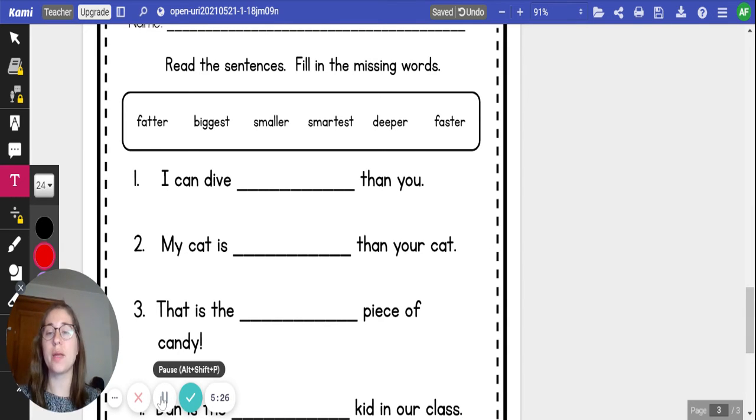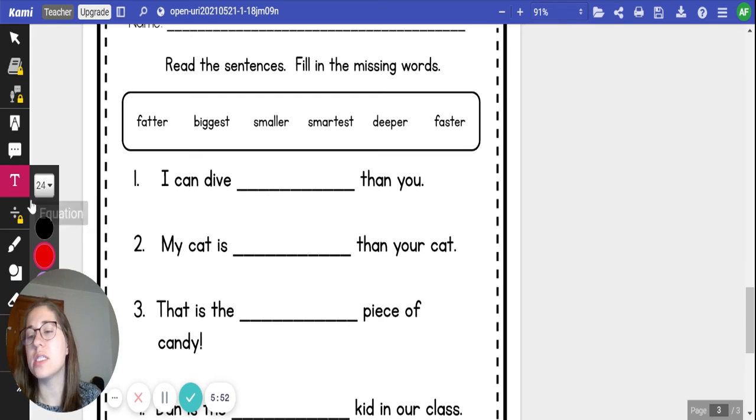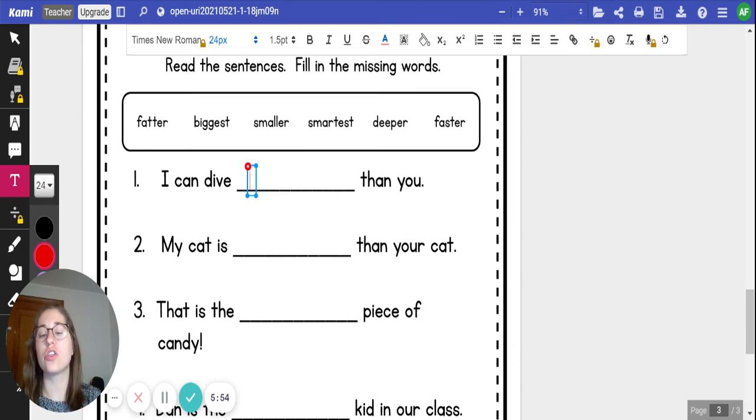All right, go ahead and number your paper from 1 to 6. We're going to fill in some blanks for our sentences. Number 1, I can drive blank than you. We have fatter, biggest, smaller, smartest, deeper, and faster. If we're comparing how I drive to how you drive, that's an ER ending. I'm going to say faster. I can drive faster, F-A-S-T-E-R,